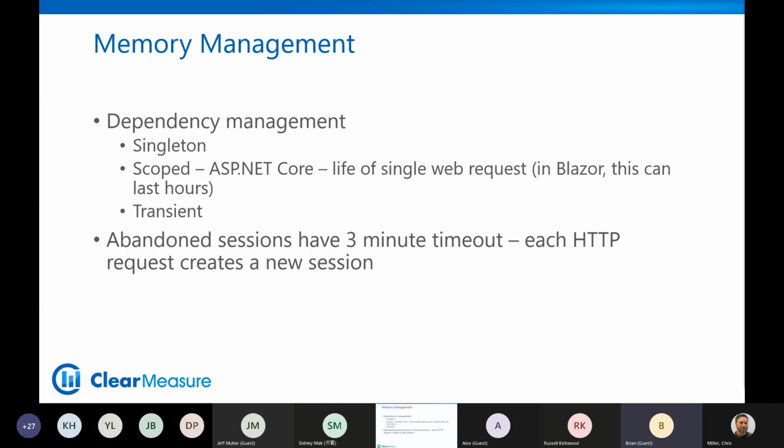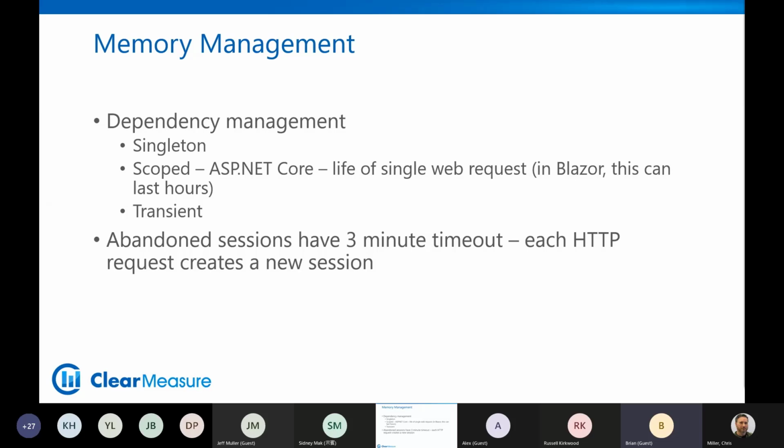So if we get an object via scoped in a web API controller, we're going to get a different object every time that web API controller is called because it's different requests. But for the same web application, if I'm inside a Blazor component on Blazor server side, that doesn't happen. I get the same object.